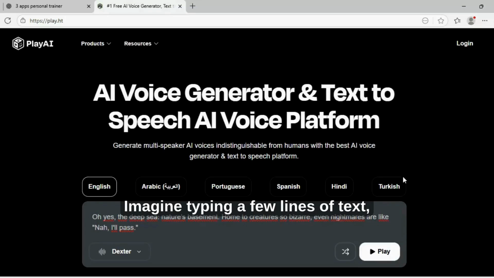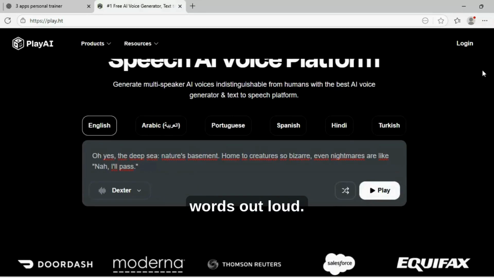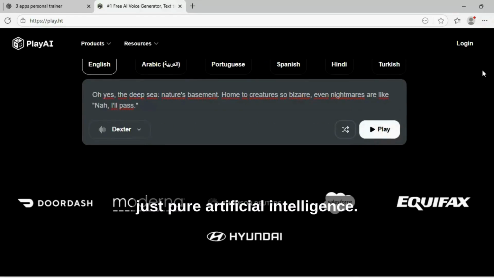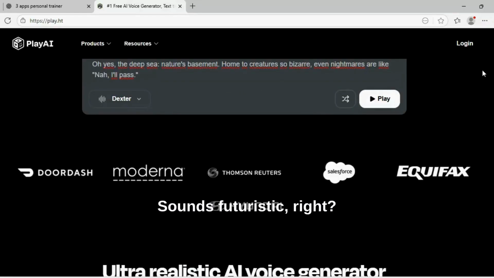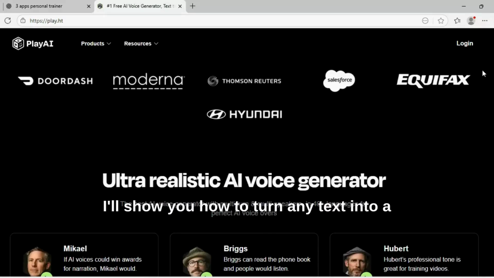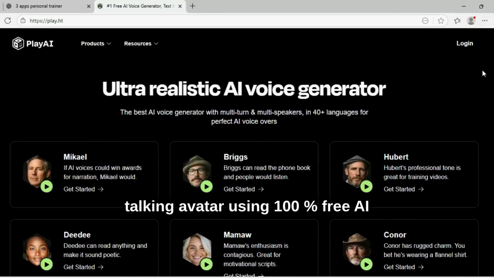Imagine typing a few lines of text, and seconds later, watching a realistic AI avatar speak your words out loud. No camera, no microphone, just pure artificial intelligence. Sounds futuristic, right? Well, today, I'll show you how to turn any text into a talking avatar using 100% free